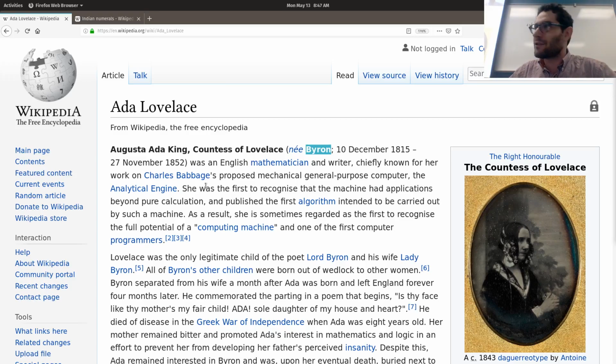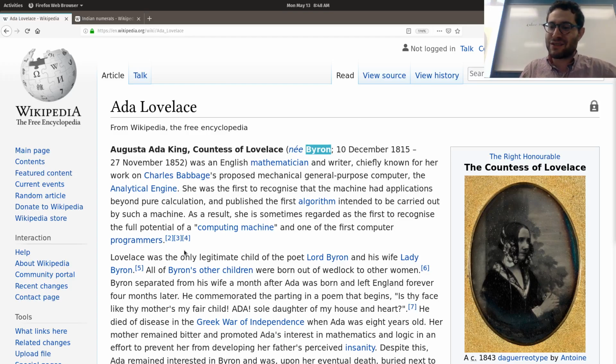She wrote a program to do that, even though the machine hadn't been built, right? Doesn't matter. You can figure it out if you've got the instruction set that we're going to feed into this machine. But she figured out that you can use this kind of machine if we encode things such as characters or individual letters as digits. Then we can actually use this for not just numbers. We can use this for anything. So she was basically one of the first people to realize that we can use computers for things other than numbers.